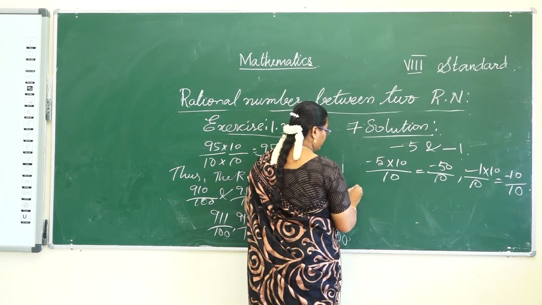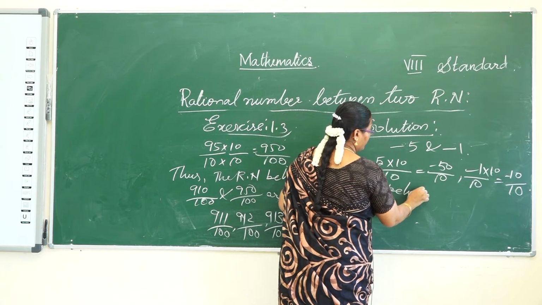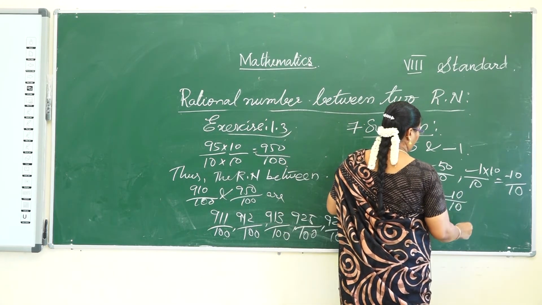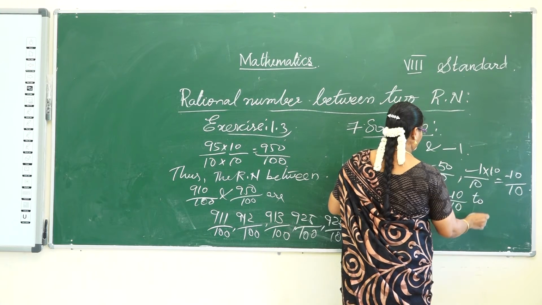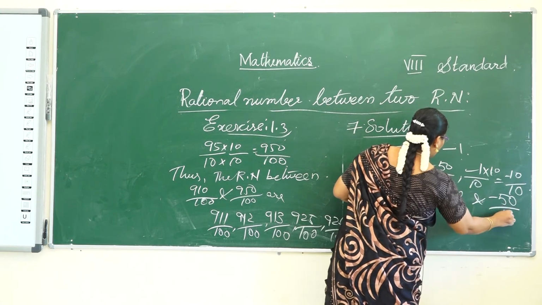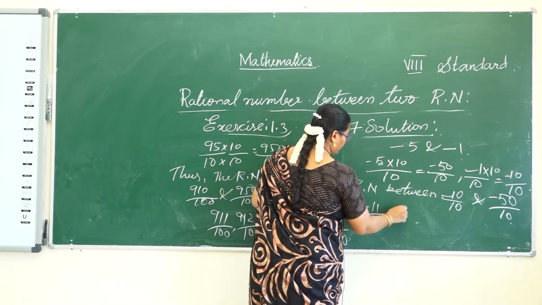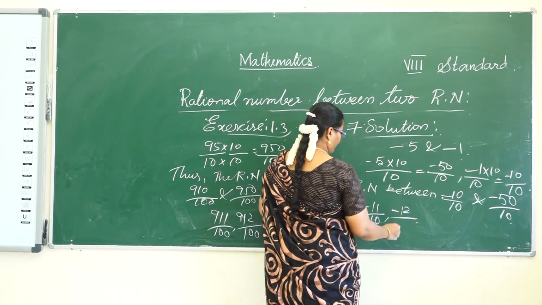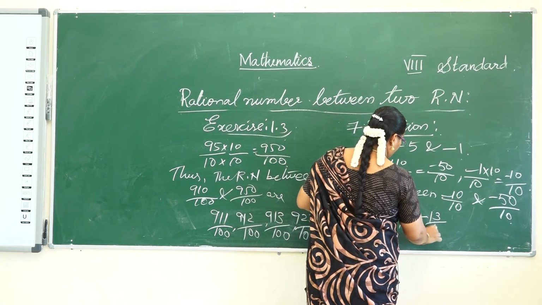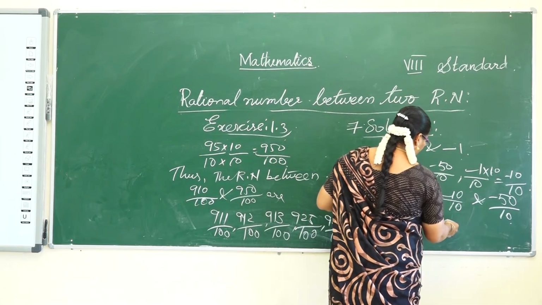So now the rational numbers between -10 by 10 and -50 by 10, what are the numbers? -11 by 10, -12 by 10, -13 by 10. How many numbers do you want? 15 rational numbers. You will write